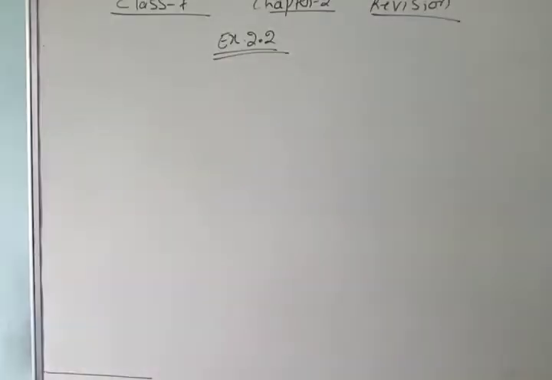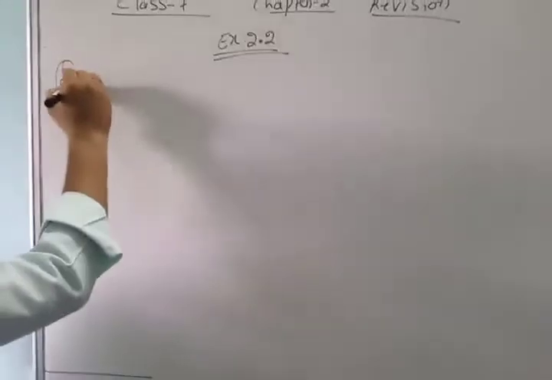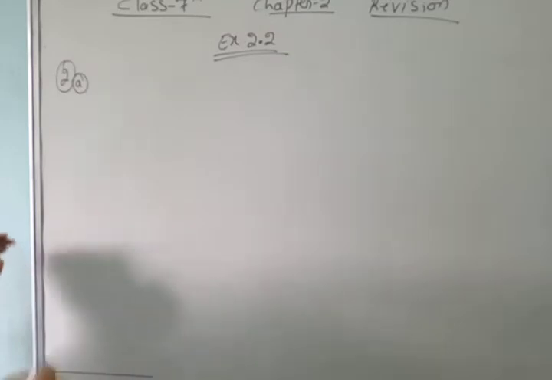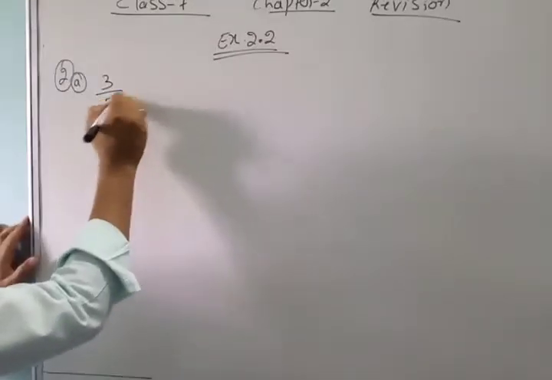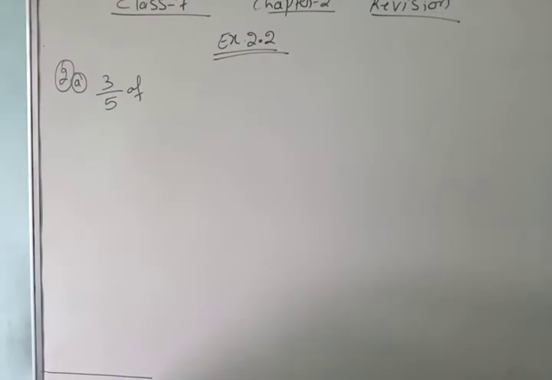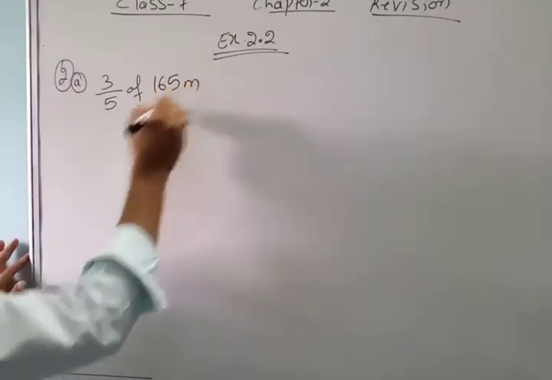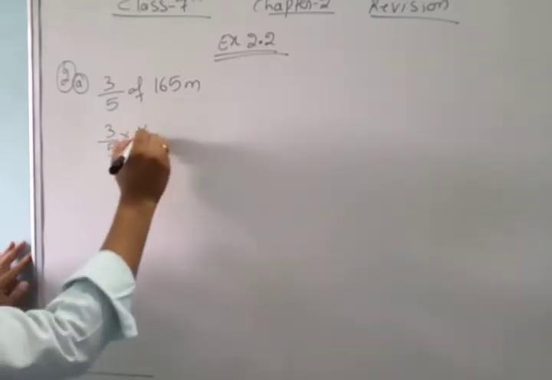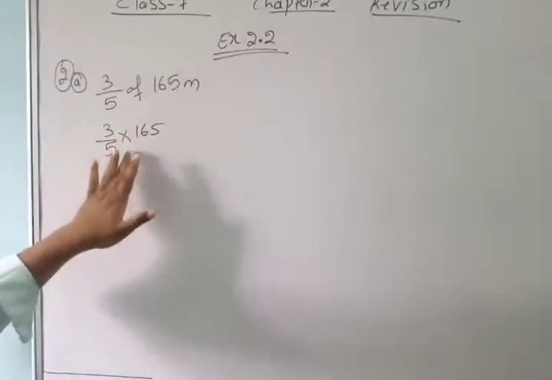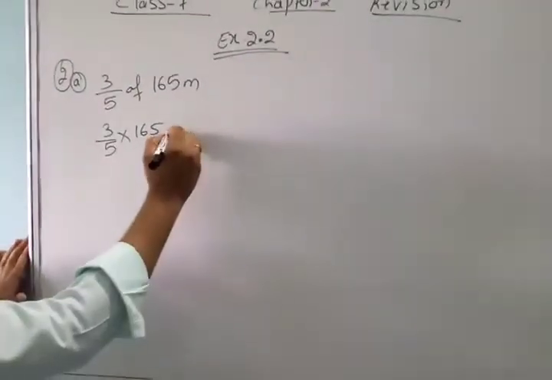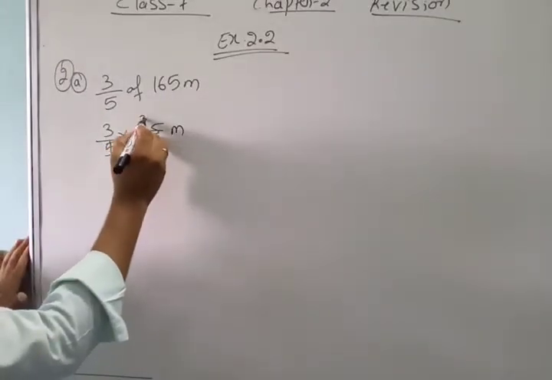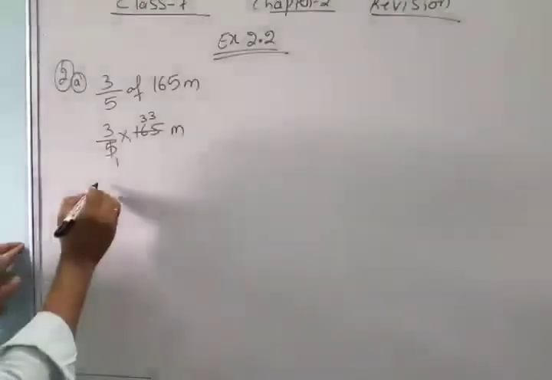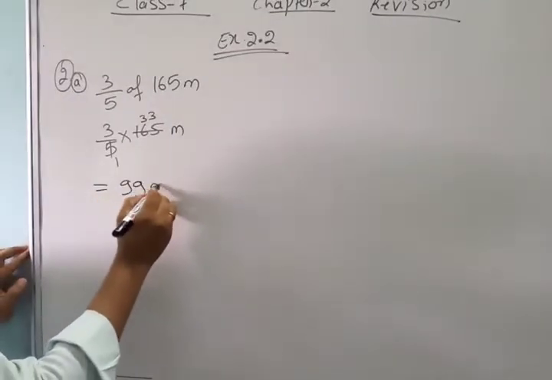Now come on next question, that is second. 3 by 5, यहाँ पे भी solve करना है. 3 by 5 of 165 meter. So 3 by 5 of means multiplication and 165. Just क्या करना है, of की जगह multiply put करना है and solve. 5 ones are 5, 33 times cut होगा 165. Then 3 into 33. 3 into 33 is 99 meters. So it is the answer.